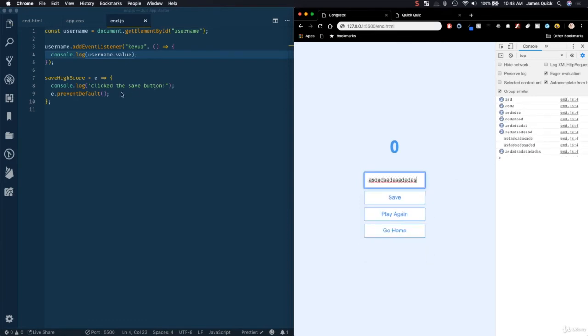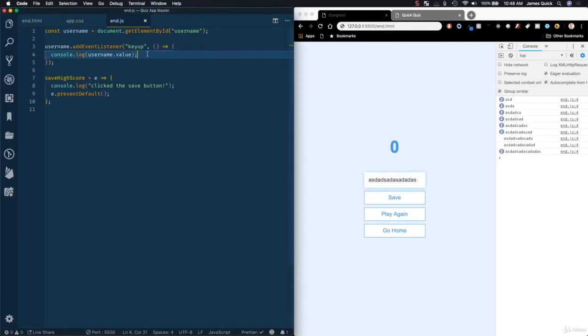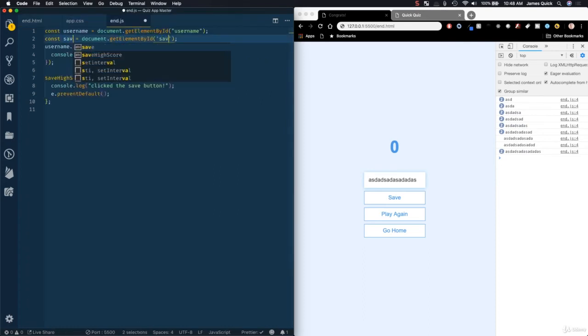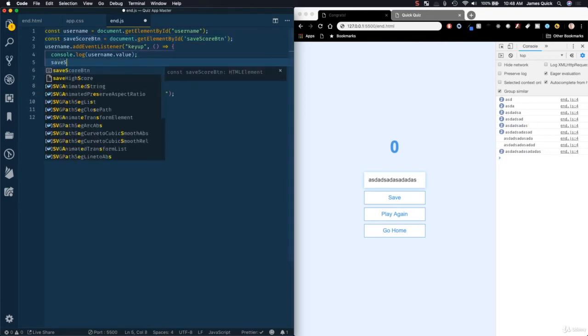So now we can decide whether or not to disable the save score button based on the input that's in here. So let's get the save score button. Let's see what we called it. Save score button is what we called it. Save score button. All right. And we're going to say save score button